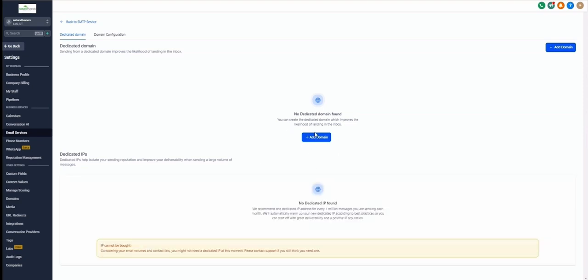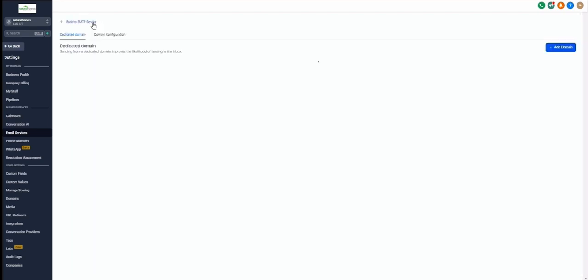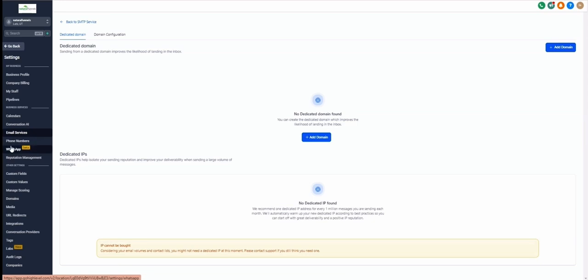Add your domain. You click add domain, and then you go ahead and type in your domain name, and it's going to give you the entries that you need to set up. That way you can email under your domain. Then you're going to come on to phone numbers,